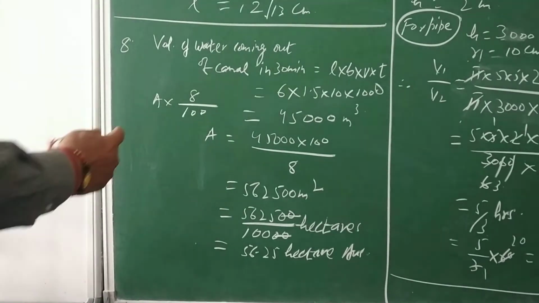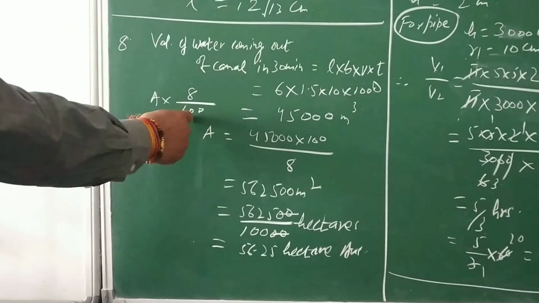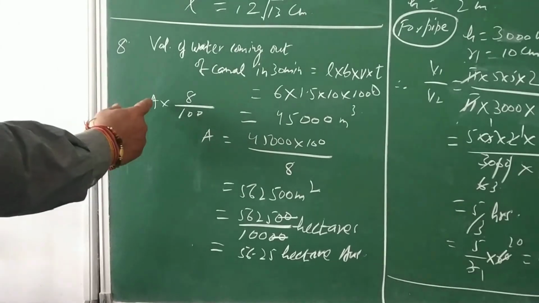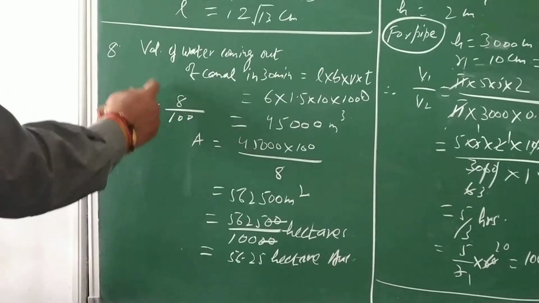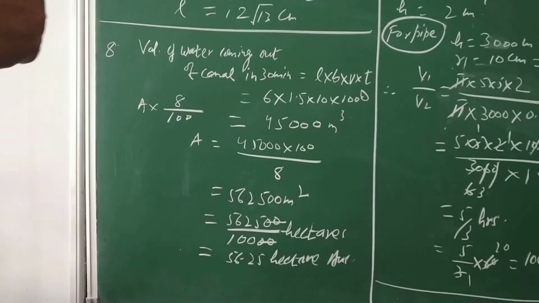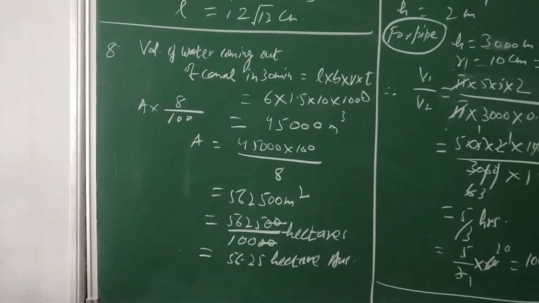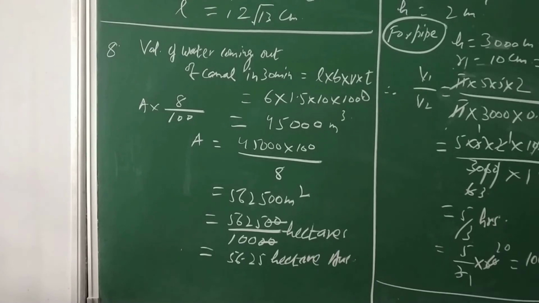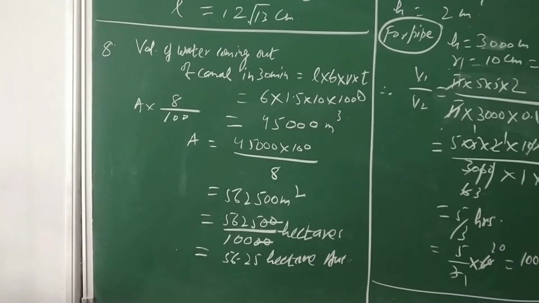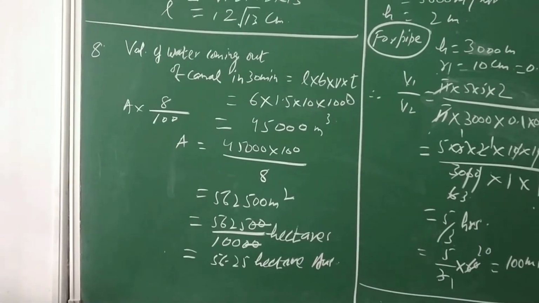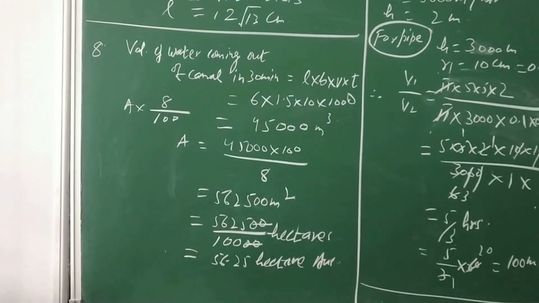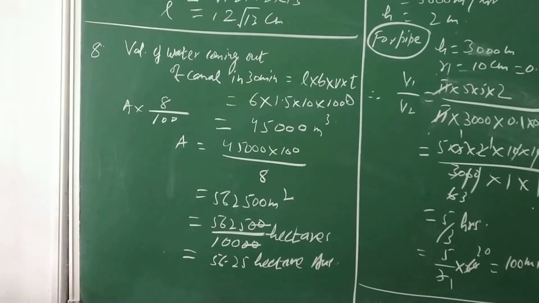Please make a point here, A into 8 upon 100. Why? Because area into height is the volume, and that is equal to L into B into V into T as the water is flowing. So in the canal you can see the length into breadth into height. The height again is velocity into time, that you can put there whatever is given to you,